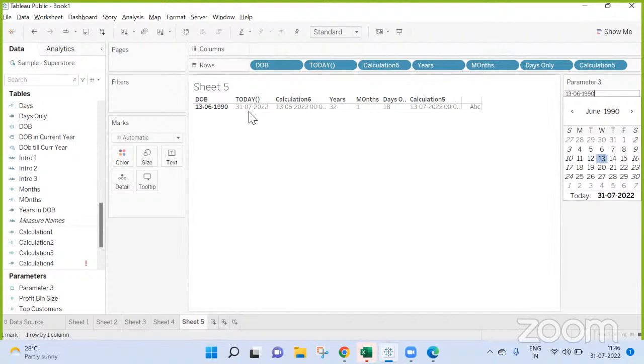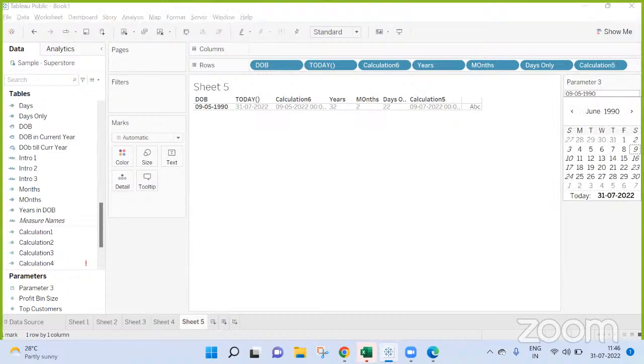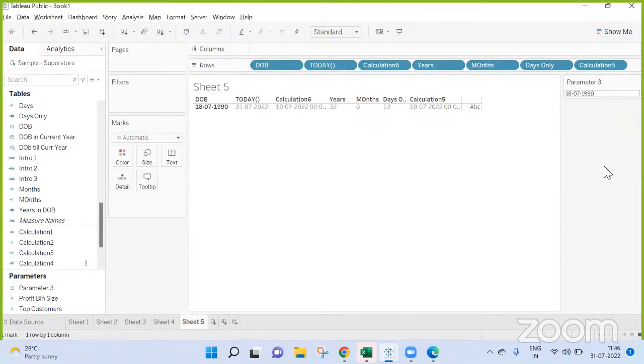Because now the year hasn't yet changed. So his birthday is 31st July. I'm taking 18th July. I think 18th. Okay, if I take 11th, yeah, 11th July till here. That is completed. 0 months and 20 days.